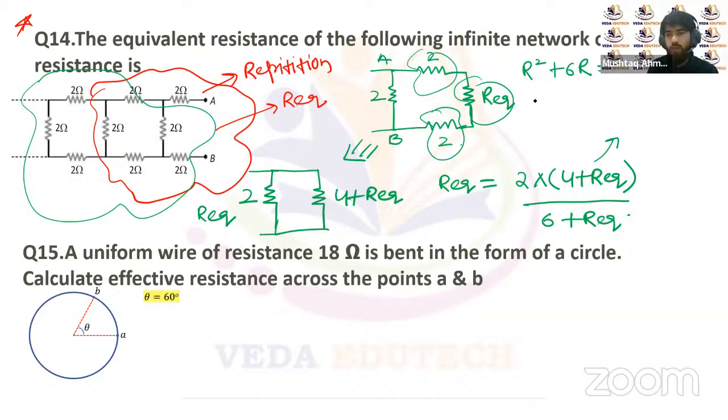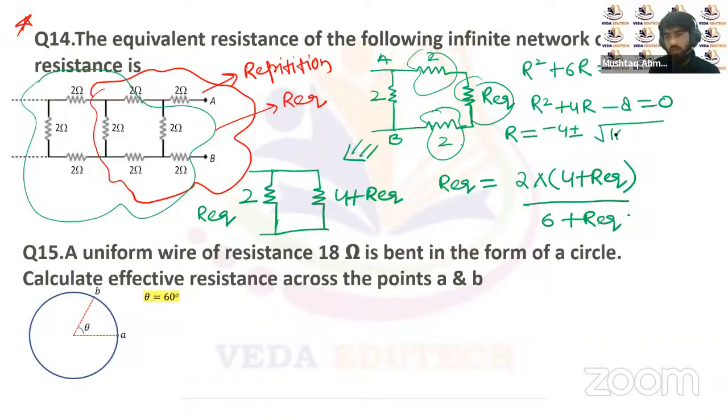So from here we have R squared plus 4R minus 8 equal to 0. This is the quadratic equation. The solution of this quadratic equation will be minus b, so minus 4 plus or minus the root of b squared,